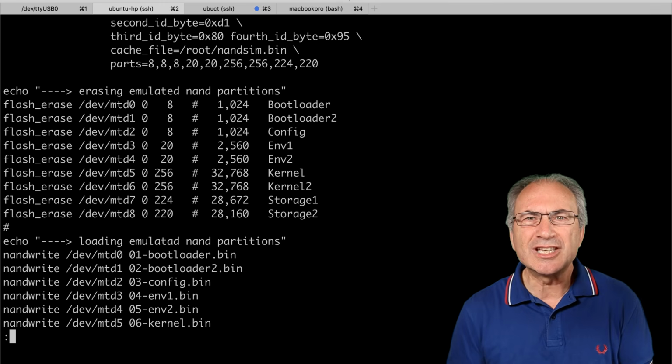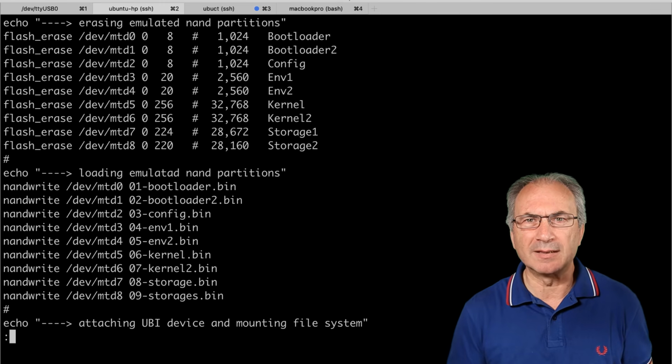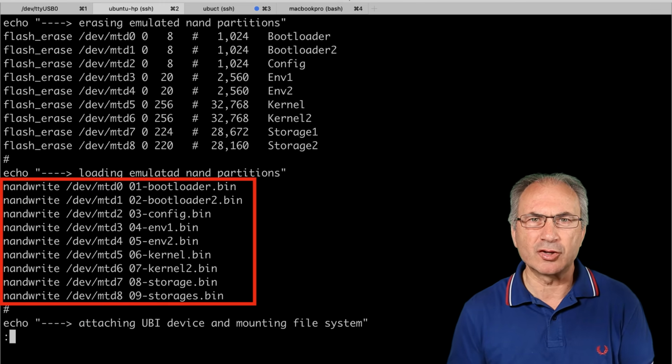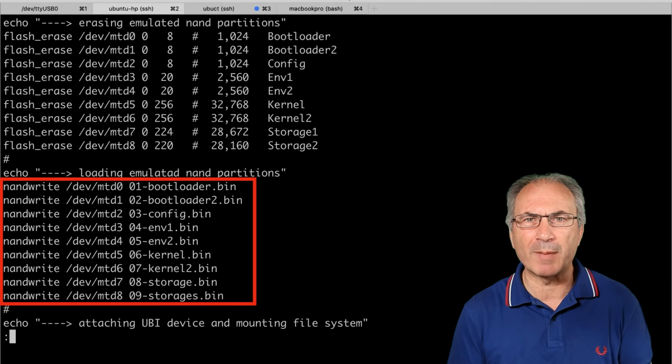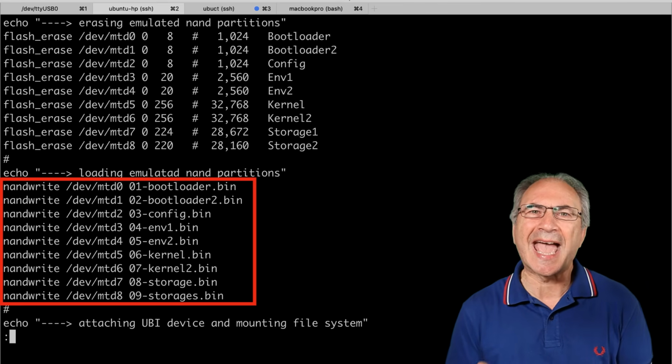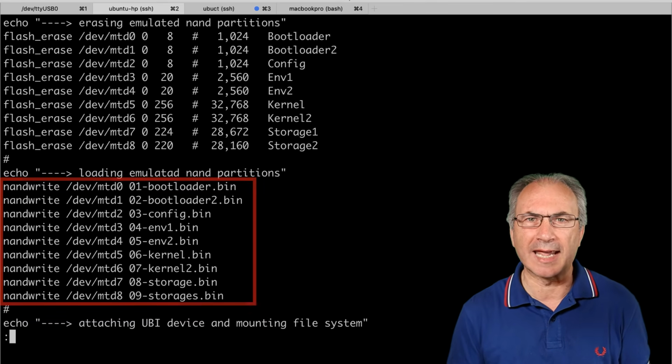Then we load each partition file dumped from our sample Gemtech router to its corresponding partition with the NandWrite command that takes as first parameter the device name and as the second parameter the file name.